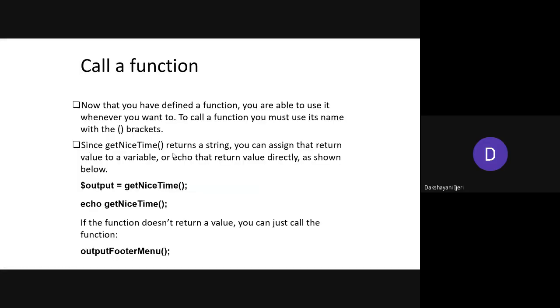Suppose you have written a function which is going to return a value. I hope you know what returning a value is, right? So I need not explain it in detail, isn't it? Returning means it is going to give you a result in some form, either an integer or a string or a float, or whichever type you have defined for that function. So whenever you come across functions that return some value, make sure that you execute that method with some variable to store the result, or else you can execute it with an echo statement. The one which is not going to return anything, you can see here, the name of the function as it is, terminated with a semicolon. Okay.